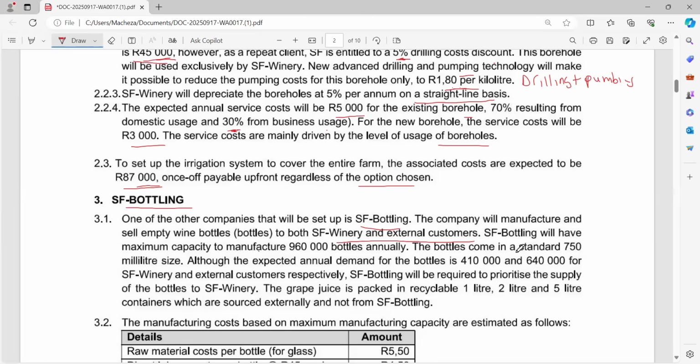SF Bottling will have a maximum capacity to manufacture 960,000 bottles annually. The bottles come in a standard 750 milliliter size, although the expected annual demand for the bottles is